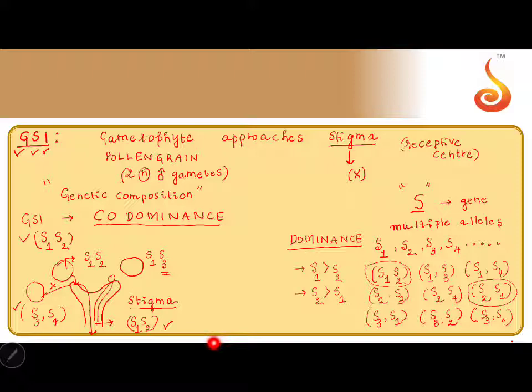So here the allele composition of what is deciding the self-incompatibility? Gametophyte. What is gametophyte? Pollen grain. How many alleles in a diploid plant will speak? 2 alleles. What is the method of expression? Codominance. So when any one of the codominant alleles is shared, it will not germinate. Because it is codominance, it should be absolutely different alleles. Then the compatibility will set in. This is gametophytic